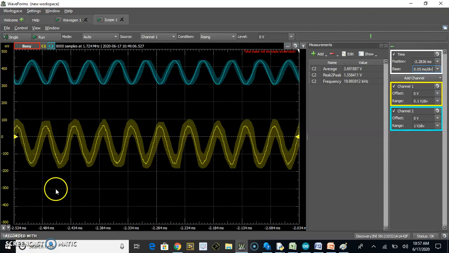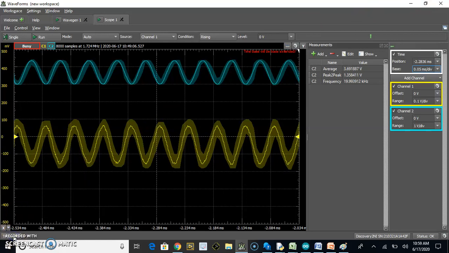Here you can observe the output voltage is out of phase with the input voltage. The output voltage peak to peak is 1.35 volts with an average voltage of 3.69 volts. The input voltage we applied was 100 millivolt peak, so it is actually 200 millivolt peak to peak. We can see the output voltage is amplified, so we can find out the gain of this amplifier for the selected combination of biasing resistors. The user has the option of changing the values of R and C to go to a different combination; there are 16 different combinations.